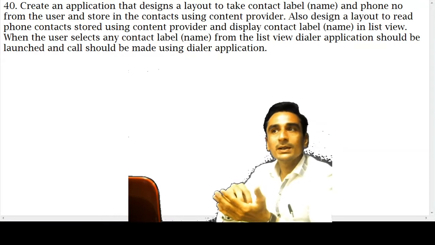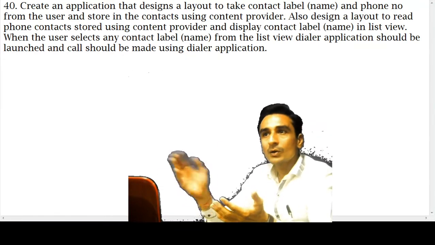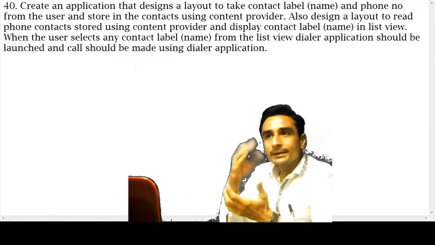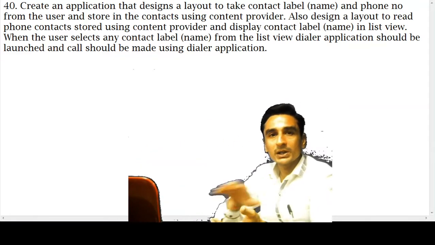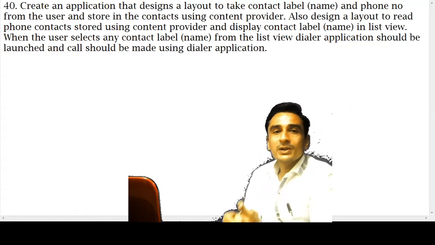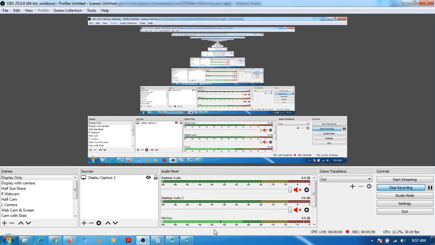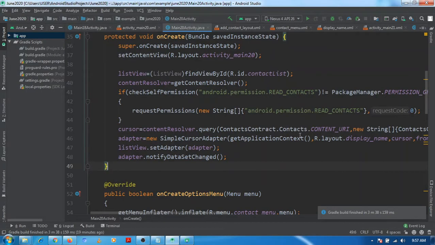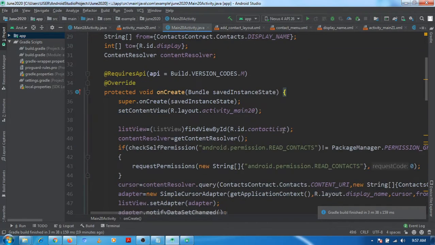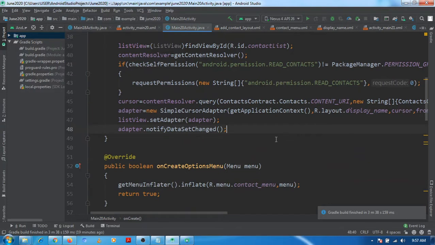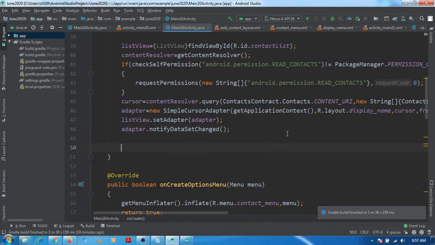When the client clicks on a particular contact, we will check right now with static data, a static number, and then we will fetch the phone number associated with the contact on which the client has clicked. So let's start. See, it is the logic that we implemented in the last video. As I told you, we will implement the list view on click handler.